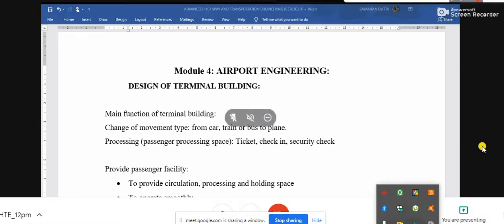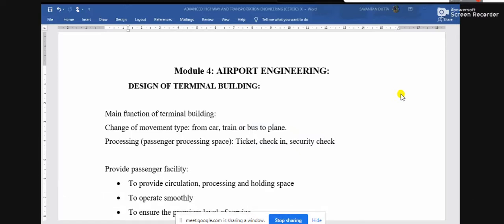The connection between those two parts, land side to air side, is the terminal building, and this is the first part while entering an airport.